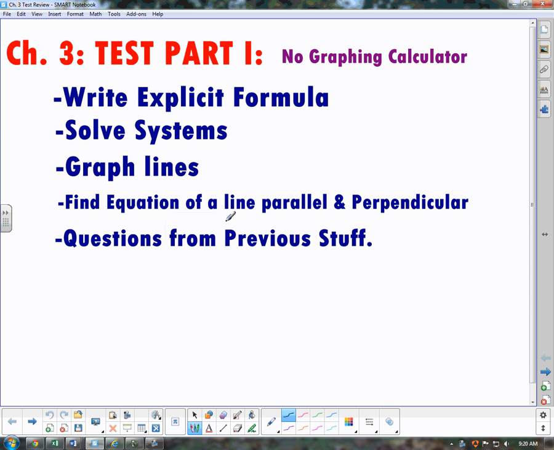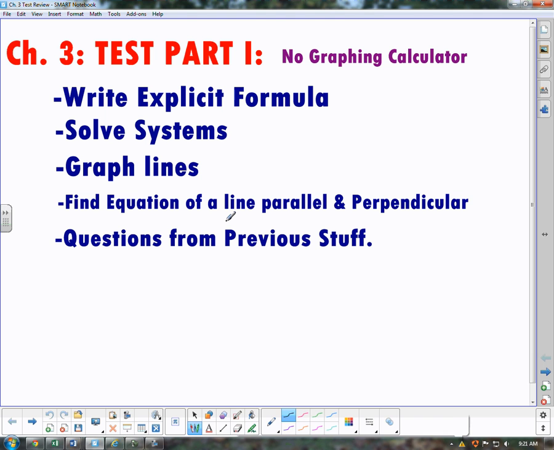All right, the Chapter 3 test will come in two different parts. The first part, which we will take tomorrow, will deal with no graphing calculator. You may have a regular type of calculator, but not a graphing one. And in that part, you will write the explicit formula for some sequence. You're going to solve some systems of equations using whichever method you prefer. The elimination method or the substitution method would be the two of choice for this part, since you will not